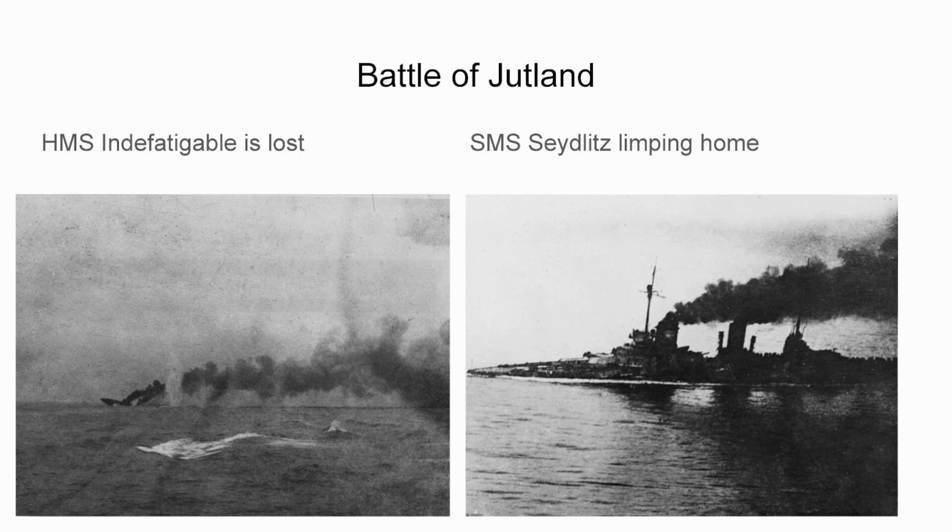Well, they carried out a planned maneuver to escape an enemy that was far superior in number. They weren't going to win that battle. So I suppose they did run away, but it was actually in the pre-battle orders. The British aim was to cause severe damage to the High Seas Fleet,